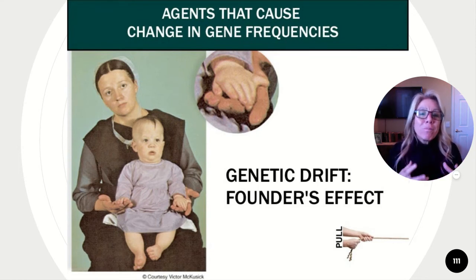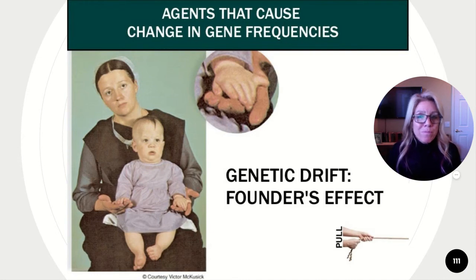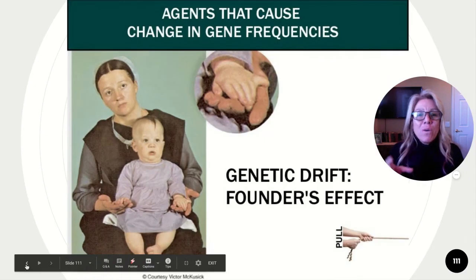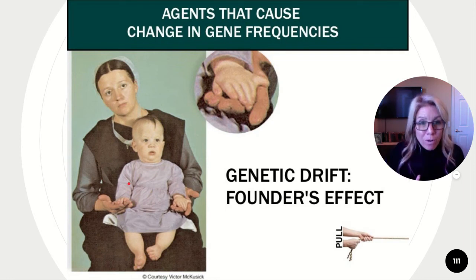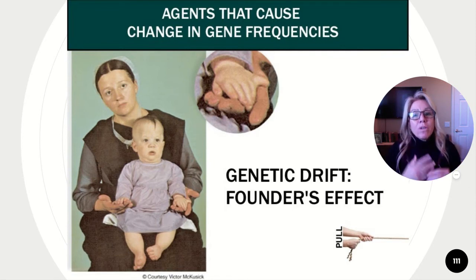Just so happens on the boat that carried this one group of Amish, which tend to just breed with other Amish, there happened to be a six-fingered dwarf. And as a result, you can see a higher degree of having 6 fingers and dwarfism within their population than in the general population, because they founded a new population. Within that, they had that mutation, and because there was inbreeding within that population, now you have this trait at a higher